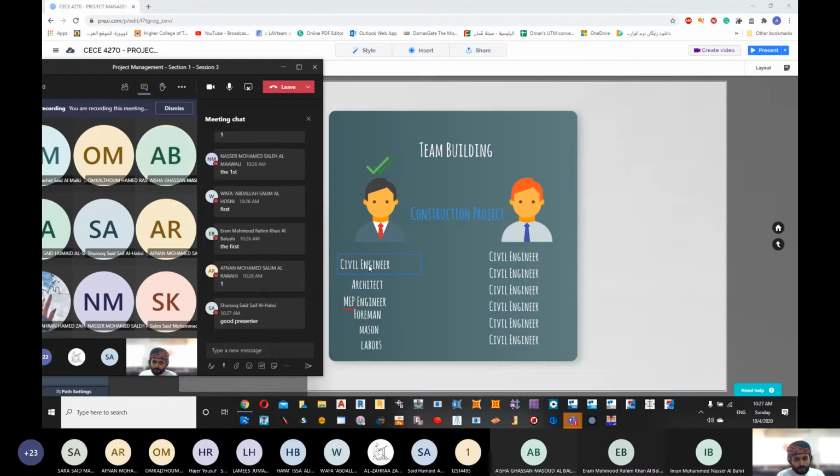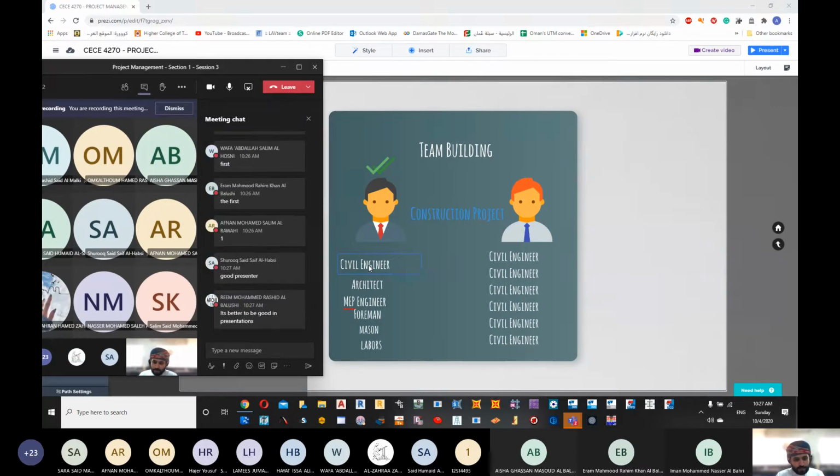Why? Because you require a person who knows how to speak in terms of presentation. The same thing when it goes to the tower. Do you require a person who can sketch, who can think and imagine for the tower problem? Or you don't require any person who's good in sketching? So you will go with a person who is good in sketching because he will save you a lot of